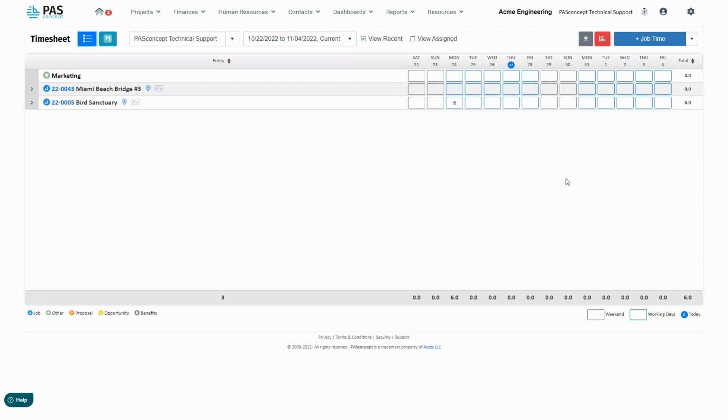Now, I know many of you may be administrators and thinking, oh gosh, if I have to enter my time, it's going to take up too much of my time. Not only is it very quick, but for administrators working on specifically administrative tasks, you can enter all of your time in one click by selecting the add other time multiple option. This allows you to select a bunch of days and put that time in for it. It's something we've built specifically for administrative staff that is working on perhaps the same thing on a more regular basis and not necessarily job related. But for job related tasks, you can go day by day and add that individual time.